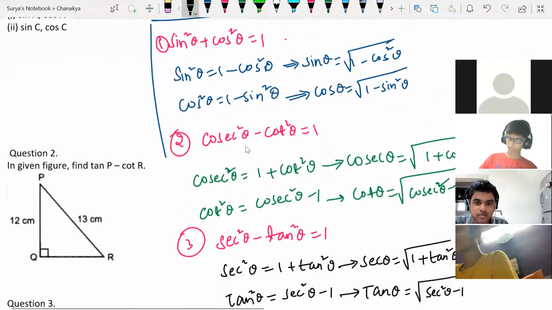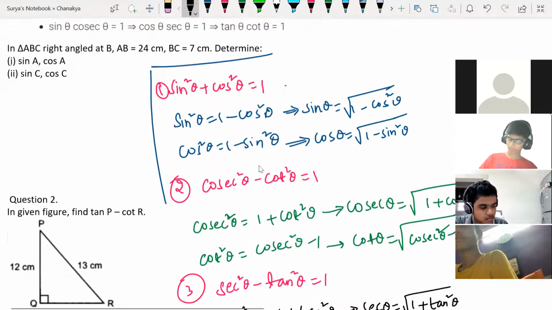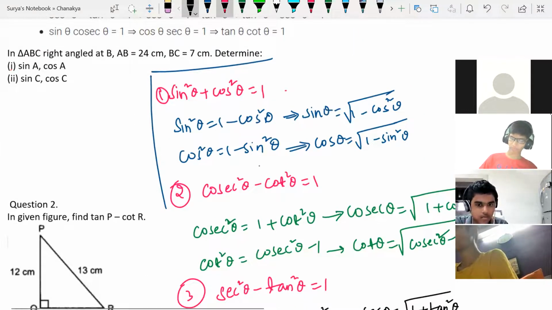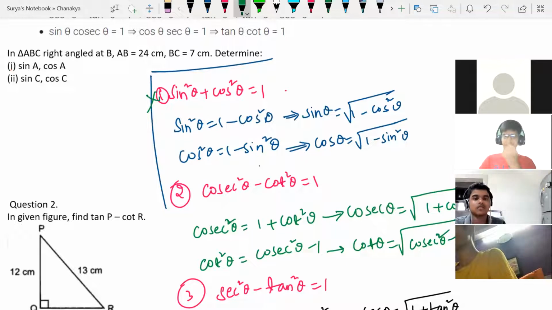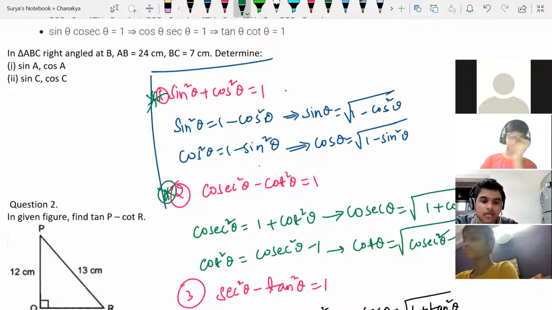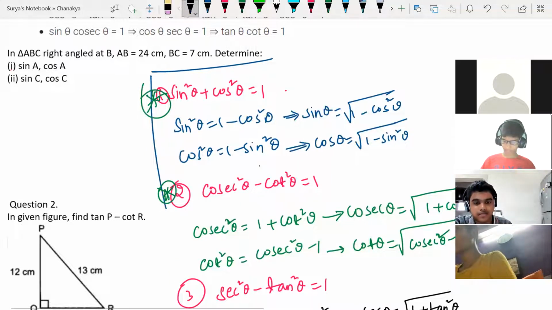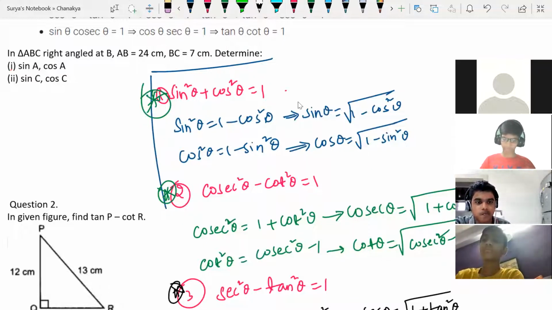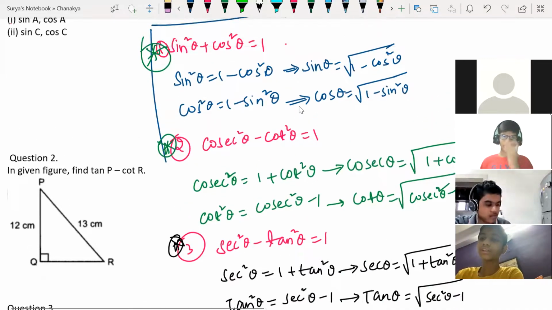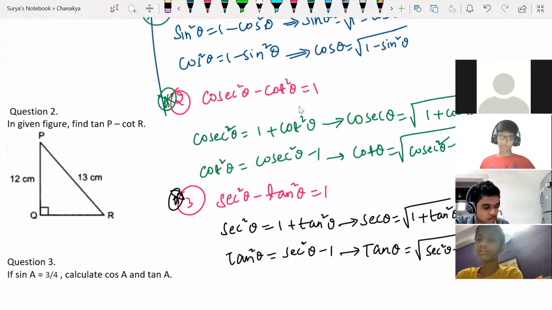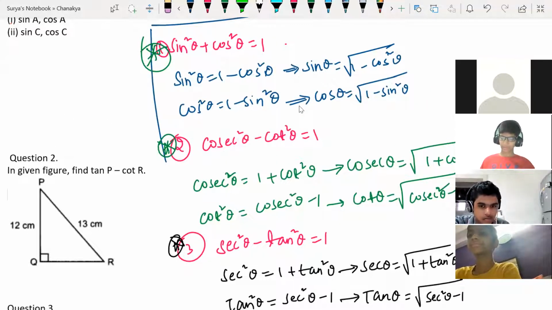Guys, look at this. Very important properties. You must know these three properties. Here, look at it. This one, and this one. Very, very important. If you know all these, then the remaining properties are very easy to remember and very easy to write. This one, third one. All right. These three are very important to remember. Clear? Any doubt? Sir, can you show it once? Everything? Look at this.